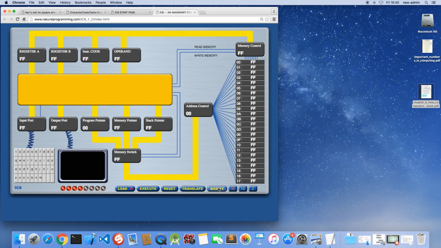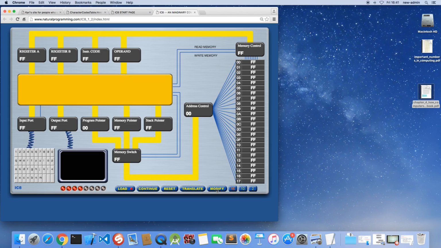And if I press this modify button, I can see the whole memory. So these are the memory ranges, and if I press this button here, you can see that now it is showing the last bytes of the memory. But if I press this again, it's showing the first bytes. So this computer has altogether 256 bytes of main memory. It's not much, but we will see that with this small amount of memory we can do some very basic